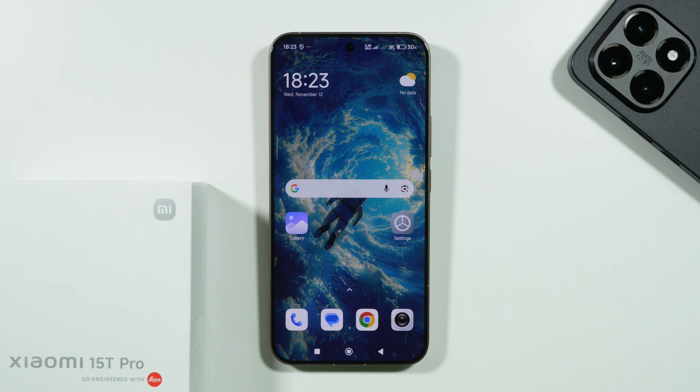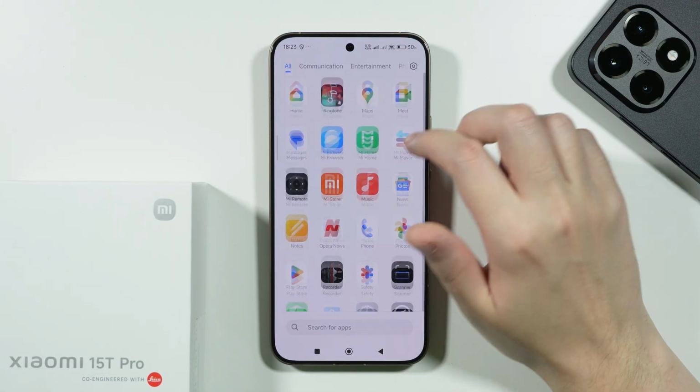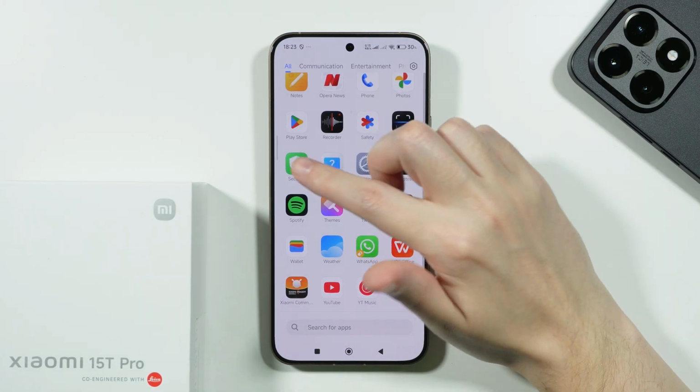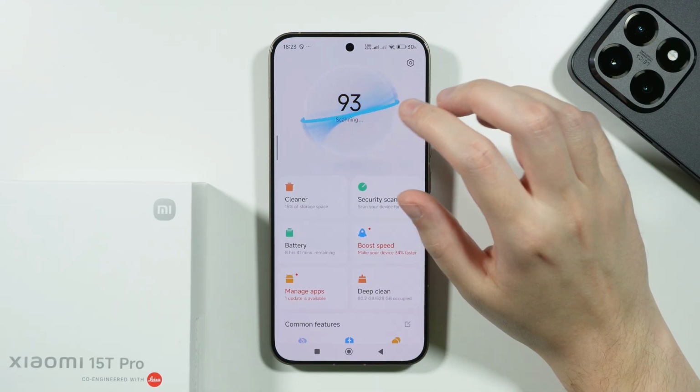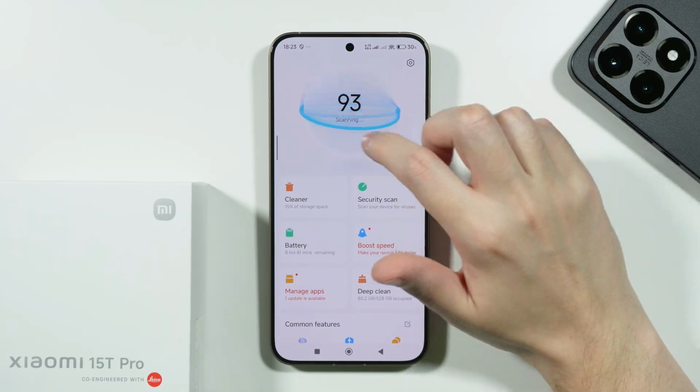If you want to boost the speed of your Xiaomi 15T or 15T Pro, what you can do is find the security app, which should be pre-installed on your phone. In my case, I have it up here. We can open it. And in here, what you can do is wait for this scan to be